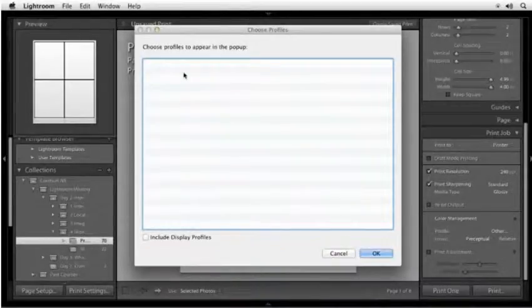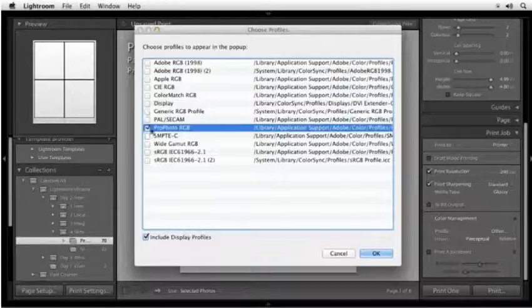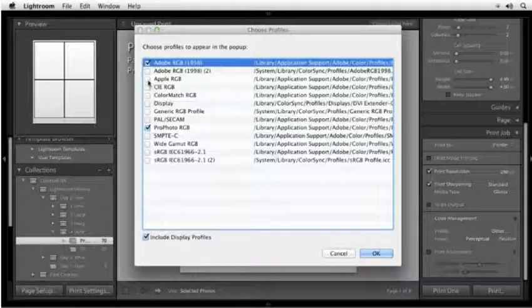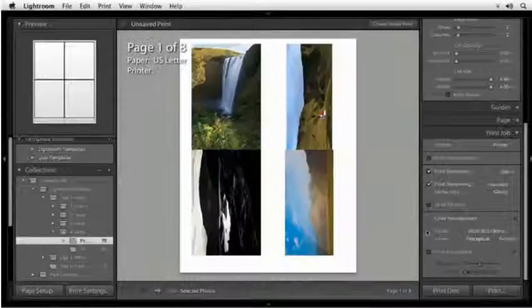But if you had any profiles installed that you maybe use in Photoshop or use in other programs, they would usually show up here. Just to get some of them to show up, I bet I could turn that on. These aren't printer profiles. These are display profiles, just RGB profiles in general. But I can turn some of these on to make them show up within the list. And actually, that might be helpful in other areas of Lightroom, which I'll describe later. I mainly want those. But if I had properly installed my printer drivers for my printer,